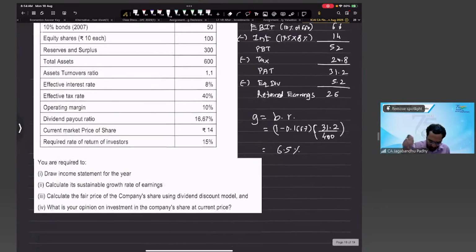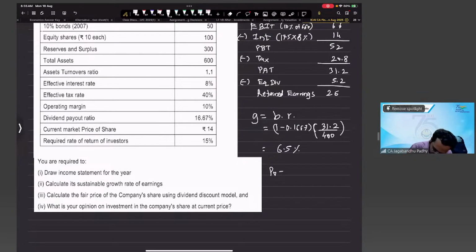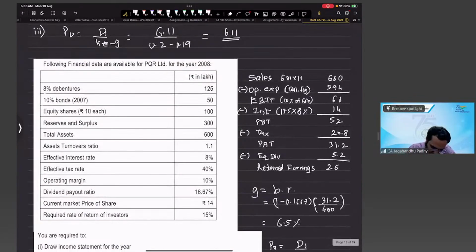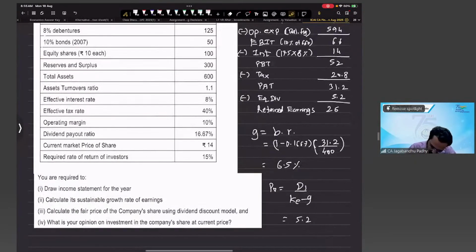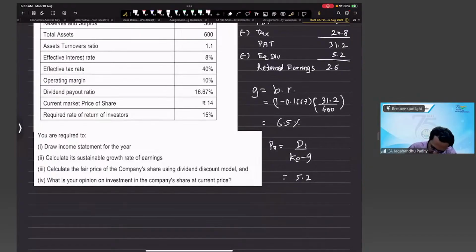Now fair price of the share using dividend discount model. So P0 will be D1 upon KE minus G. So D1 will be what's the equity dividend paid out, which is 5.2, because this is obviously with regards to the year 2008. So all this dividend has been paid in the current year. So it is 5.2. On that, we'll need to add a growth rate of